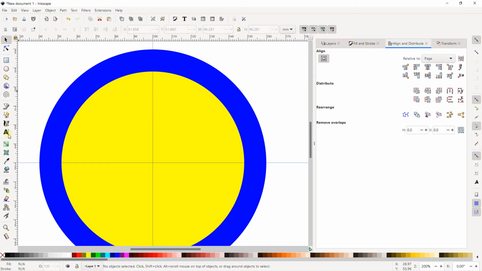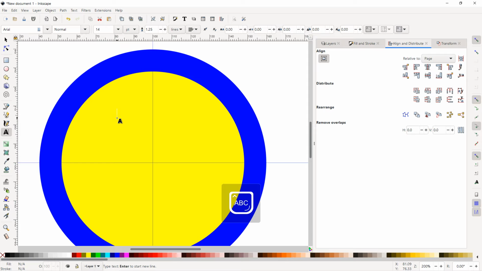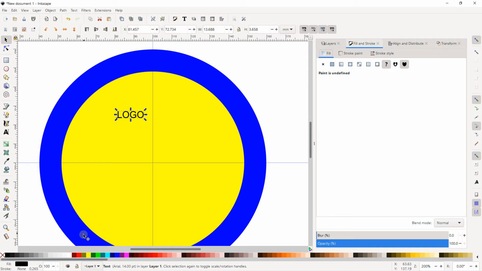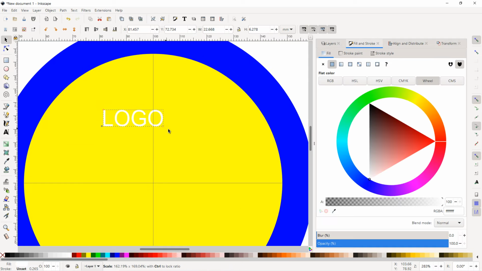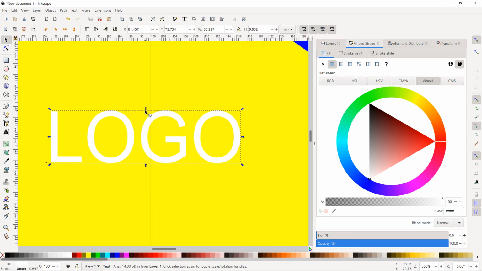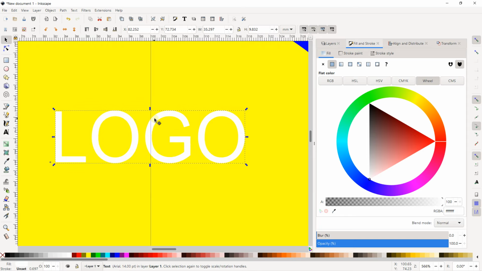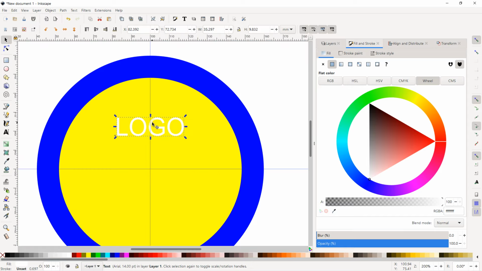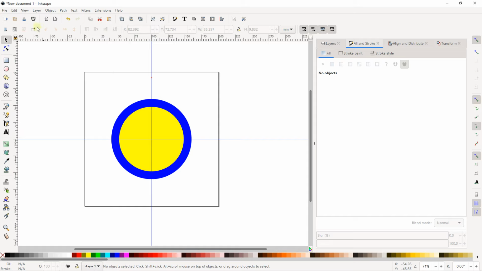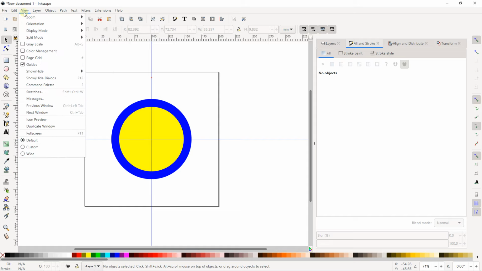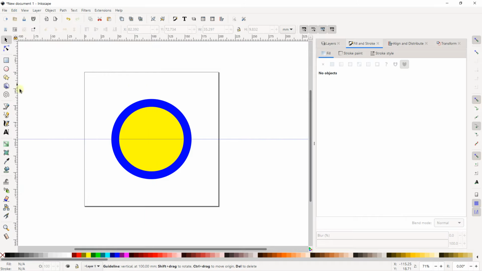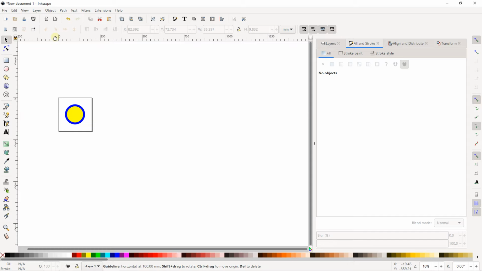If you create an object, for example, you create a text, I can type logo again. I can change the color, fill and stroke, or just activate the white color. Take a glance, on your object you have the middle, and you can also use the guide to position this in the middle. But sometimes you have less precision, it depends, but you can also use the align panel. So let's remove the guide. I'm just going to go on View, or you can just take a guide like this. You can go outside, it's working, and just here.